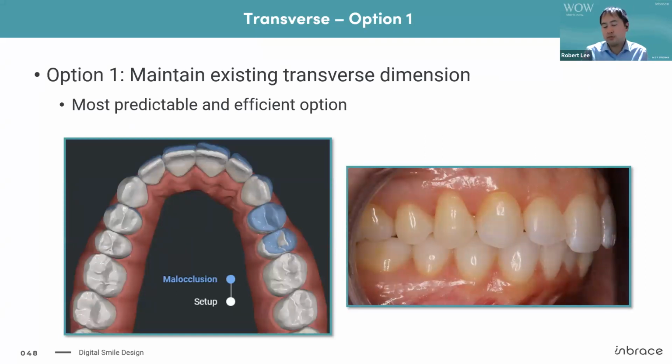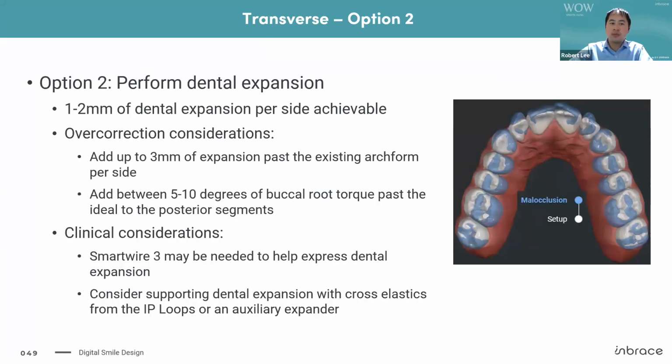I think that's just by far the most predictable and efficient option. The least amount of movement you need to do, the more predictable and efficient your treatment will go. If you do need to perform dental expansion, about 1 to 2 millimeters per side is achievable. You would just need to add some overcorrection, about 3 millimeters of expansion past the existing arch form, and then